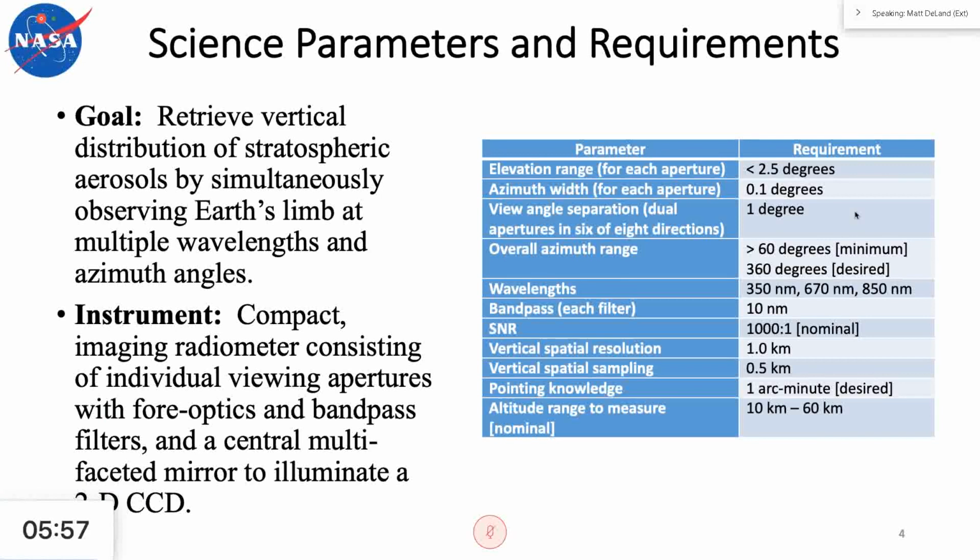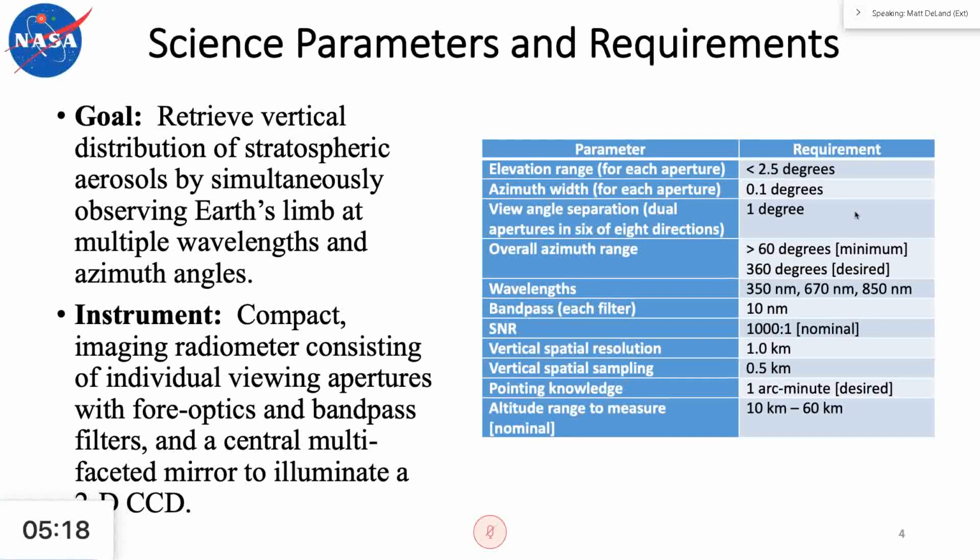This is just a simple table showing some of the parameters that we've designed the instrument for. We put a vertical slit on the atmosphere to view roughly between 10 and 60 kilometers. In 6 of the 8 apertures, we actually had 2 wavelengths in this design. We started out with 670 nanometers from our original design for heritage with OMPS limb, and then we've added a second slit using 850 nanometers to get better coverage lower in the atmosphere. We also have 2 apertures that view at 350 nanometers in order to help altitude registration,